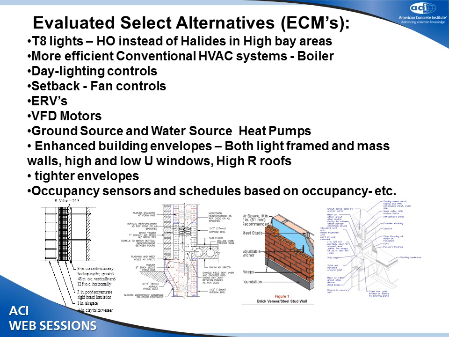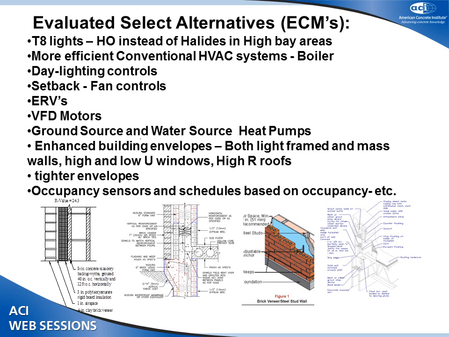setbacks on those controls, energy recovery ventilation systems, variable frequency drives on a variety of the different motors in the HVAC systems, both ground source and water source heat pumps, and enhanced building envelopes. We went through a wide gamut of different types of exterior wall systems and roofing systems, both light gauge steel systems for the walls, as well as the roofing systems. And also we had heavy thermal mass where we used ICF systems in addition to our traditional cavity wall with varying degrees of R values for the insulation in the cavity.